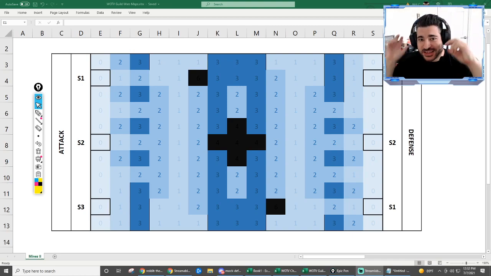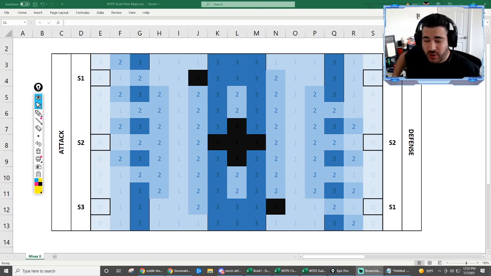Ready Player Will here. Today we have the brand new guild map, Mines number 2, or Mines the second, and I'm going over a little bit of map theory here. This is something that we do in our guild, but I've never actually done publicly. Figured it's about time I included you in my thought process on how I make my attack and